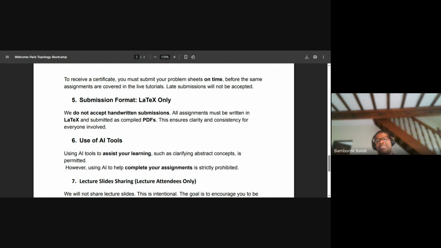Then we will ask them to come and do a proof session with us, and we'll see without the use of AI, whiteboarding. So anyway, AI is encouraged to help you learn, but not to help you complete assignments. That's the rule we set up for this bootcamp and in all of our courses.